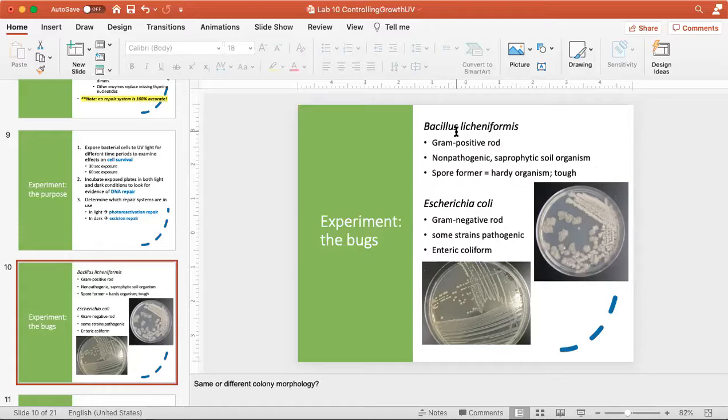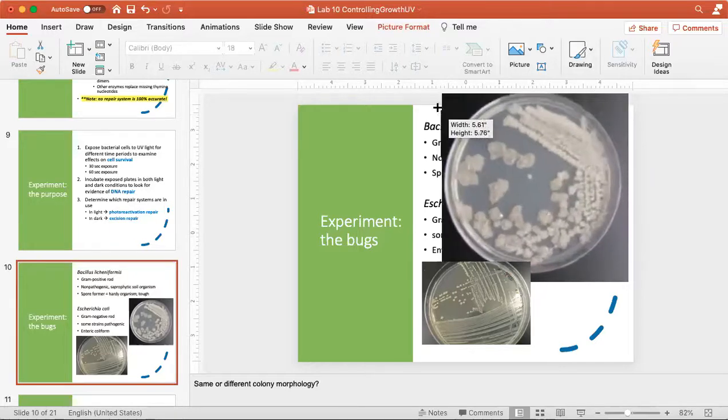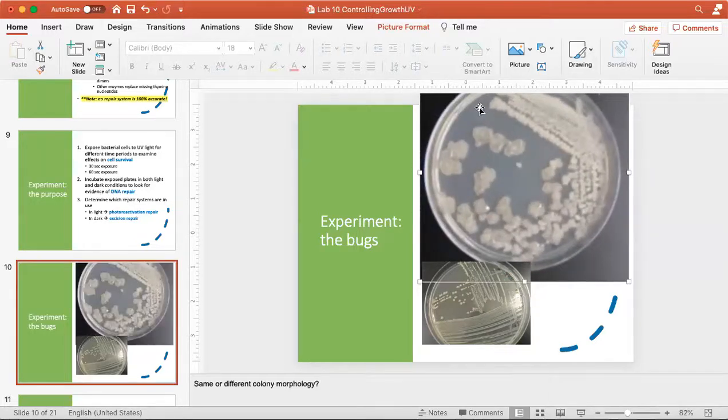Because it's a bacillus, it's also a spore former. And because it's a spore former, it's a pretty hardy organism, right? When the environment gets inhospitable, it tends to sporulate, and that allows it to survive some really bad conditions that would kill other bacteria. Now, take a look at Bacillus licheniformis when you make a quadrant streak plate.